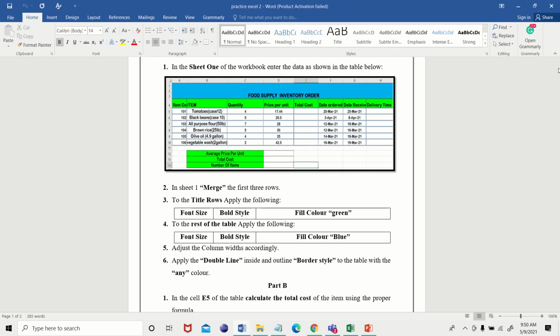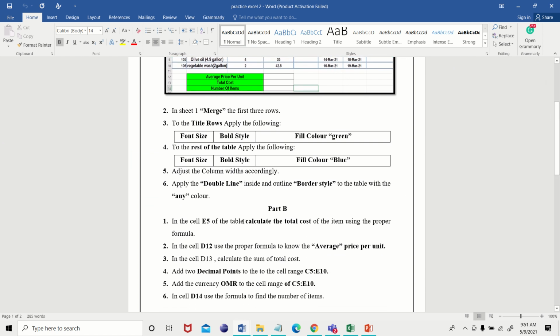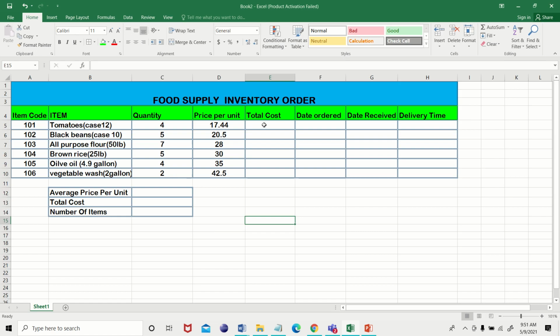Next thing is we have to find the total cost of the item. Okay, in the cell E5, calculate the total cost. So how to find this total cost? We have to multiply the quantity by the price per unit.